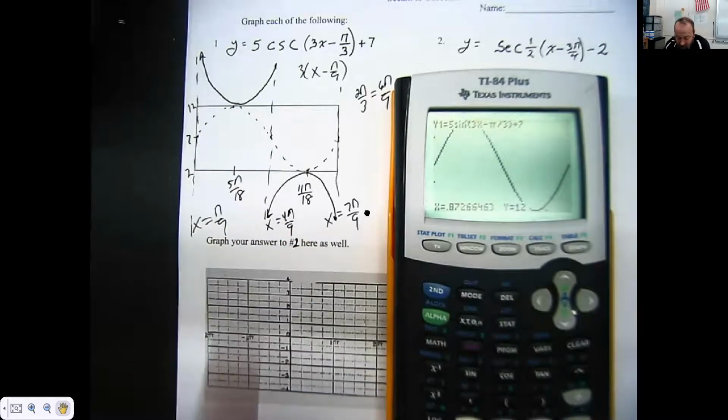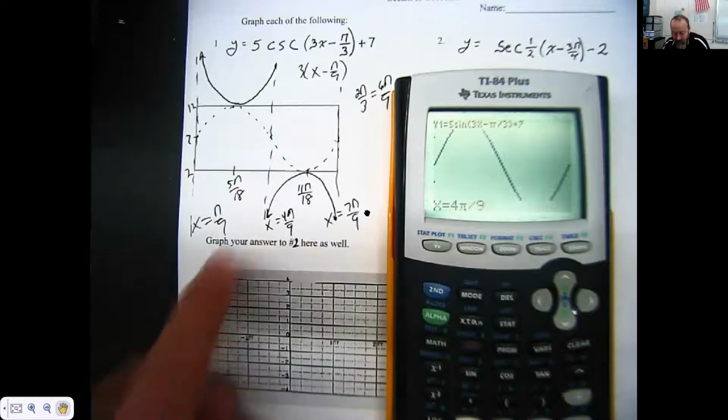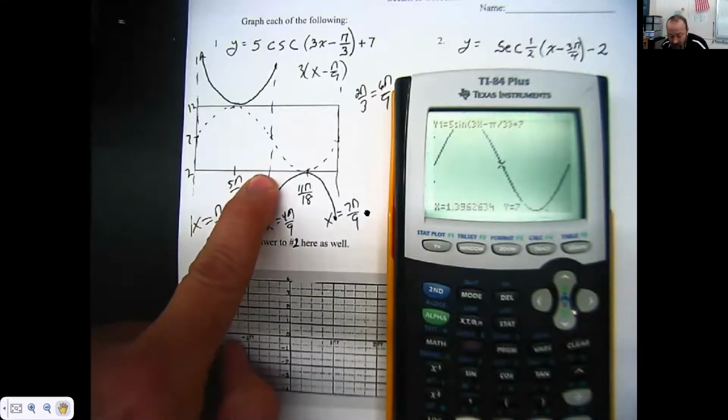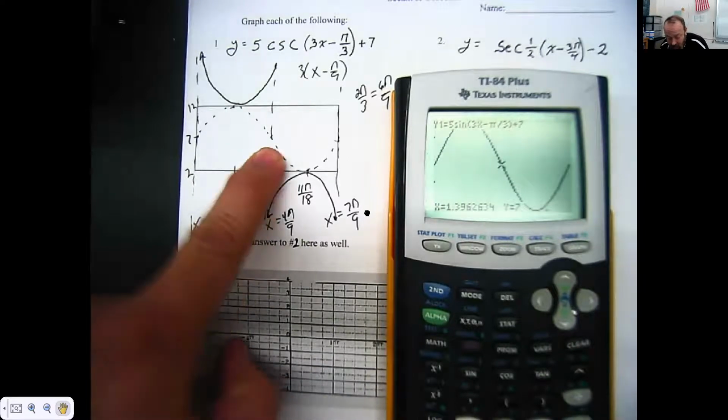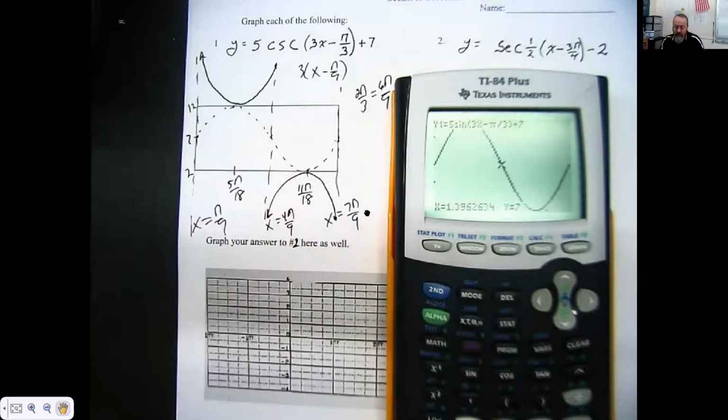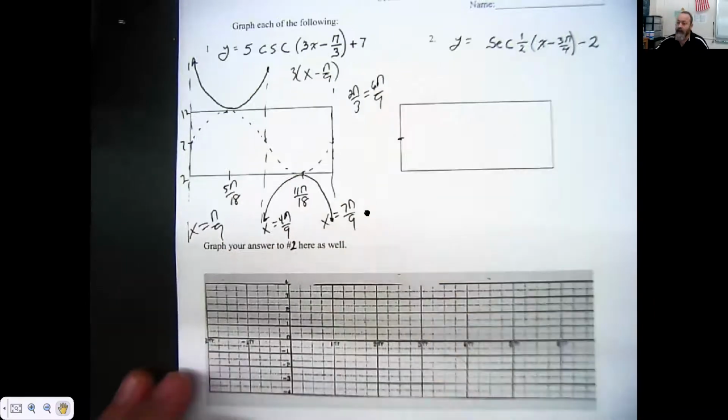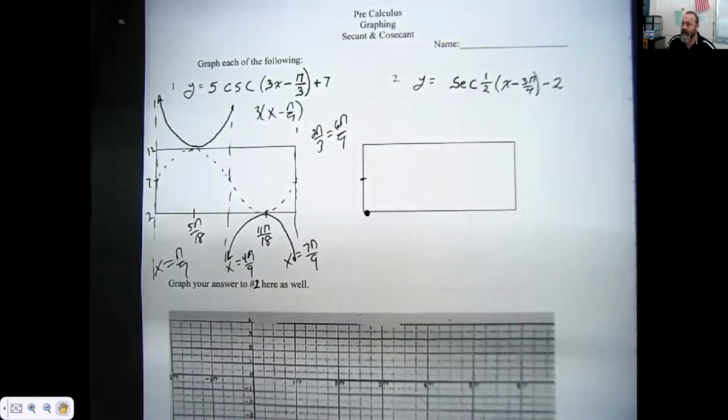If I calculate the value at 4 pi over 9, it should be right down at the bottom of the box, which would be at positive, oh, there was a 7, right there, right in the middle. And so you can kind of check those answers by graphing it and turning your calculator into the box. Now,